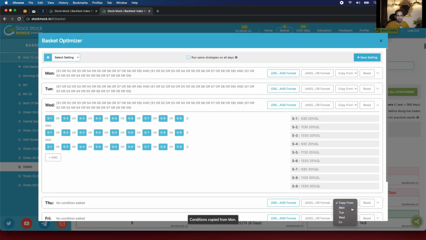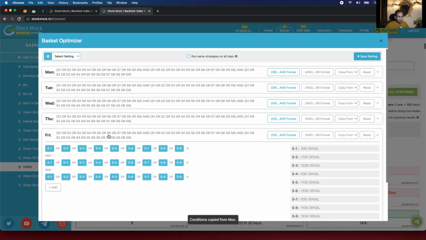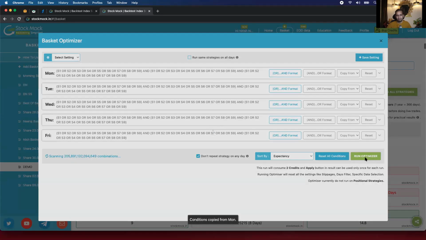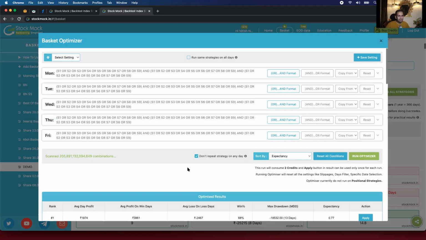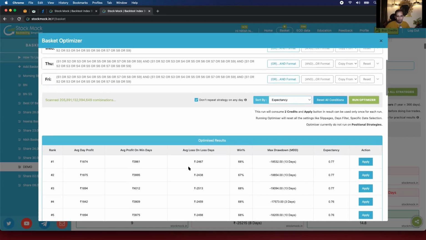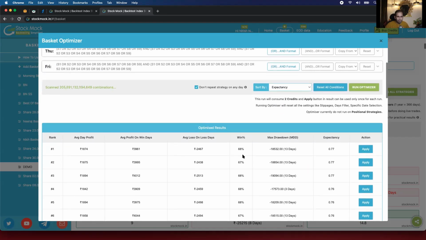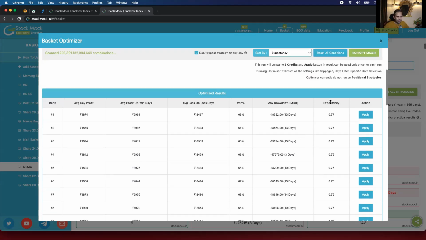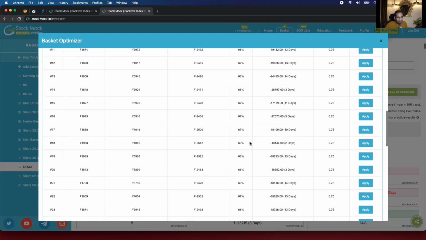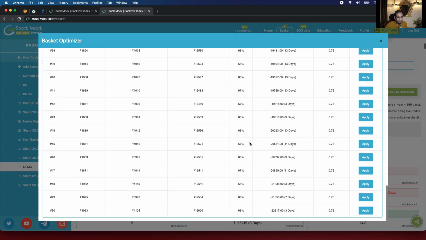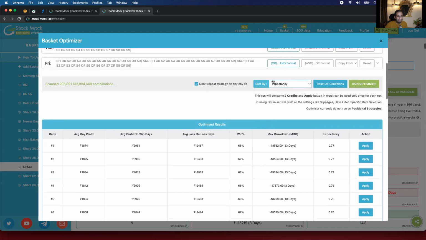Now I'll click on the run optimizer button. It will scan some billion combinations, as you can see. If you want to count it, you do count it. And it will give me the best results out of it. I want to see what's best for me, so let me try to find it with you. I'm saying that 0.77 is the expectancy, 18,000 is the drawdown. Let me scan it. Can I have a better MDD, better MDD, better MDD? No better MDD than this. So first of all I'll see what is the best MDD that can be available for me.